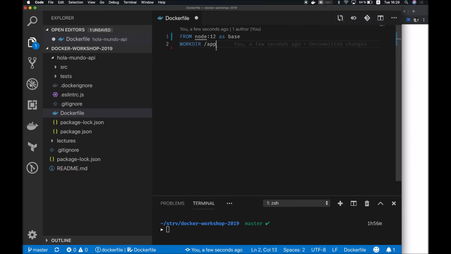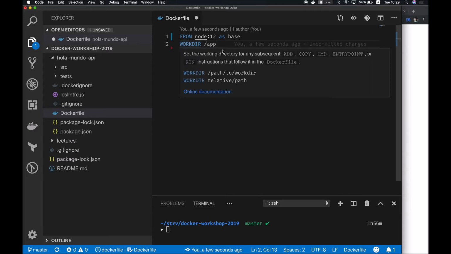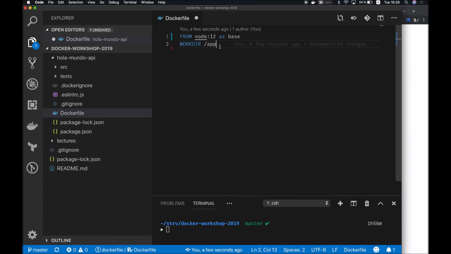Okay. So what does this thing do? If there is no app folder in the root of the image, it will create it for you. And once it is created, it will move you to that folder. So your working directory is now /app in the container. Then